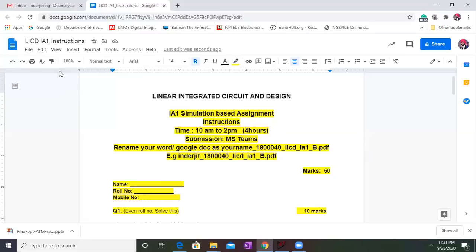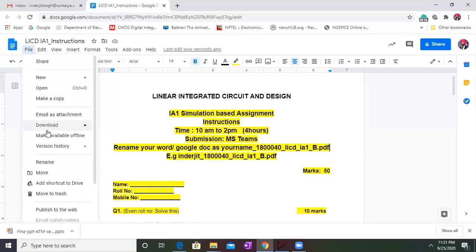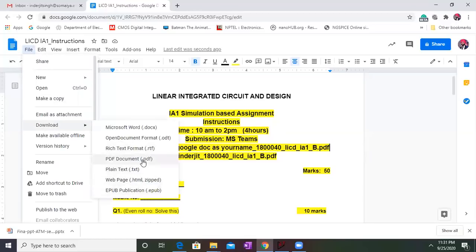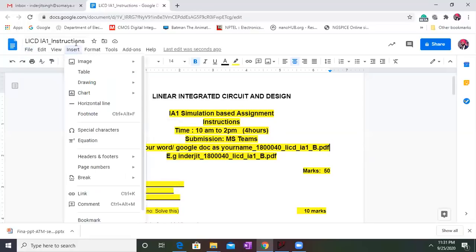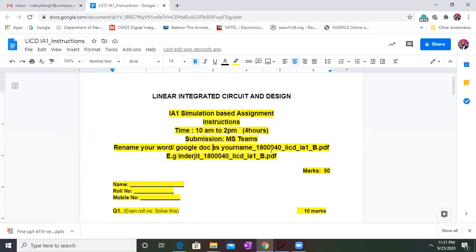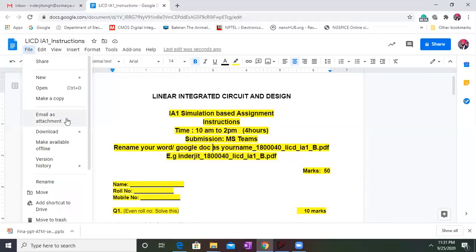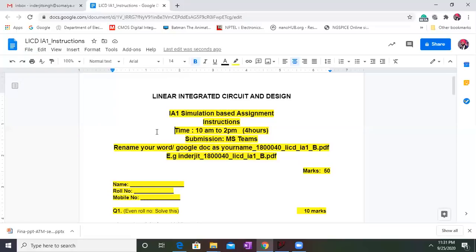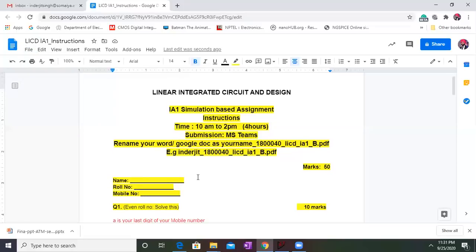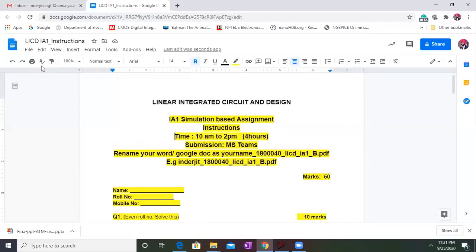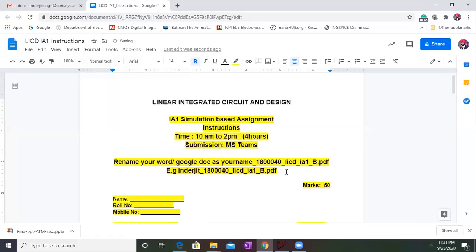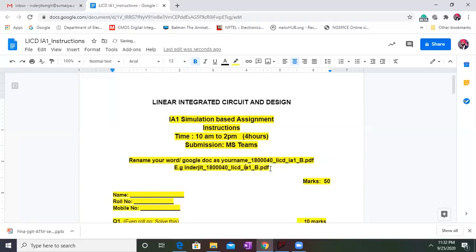So it is preferred that you do it in a Google document, because if you download it, it will automatically be in the form of PDF. Make sure that whenever you want to change the name in a Google document, you can do it over here like this. Or else you can download it and then do it. Fine. So once all your submissions, all the questions are over, please see to it that you download it in PDF form, and this will be the name, renaming your Word file or Google document as follows. So let me just reduce the font. Yeah, I guess I've covered all the points.